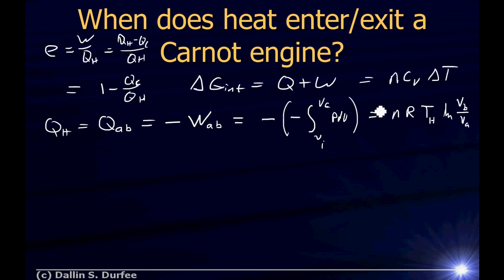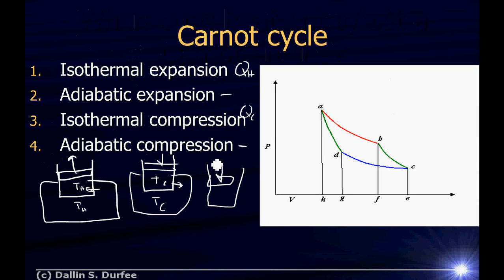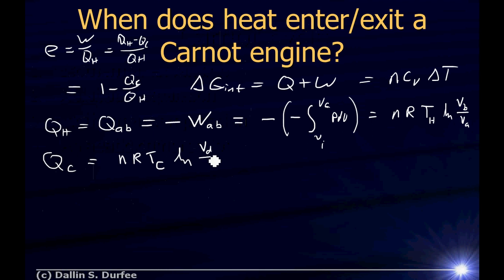Now, the heat that flows out, how do we find that? Well, it's basically the same thing. It's going to be NR, only now it's done at a temperature cold, natural log of the volumes for Q cold. We're going from C to D, right? So it's going to be volume of D divided by the volume at C. All right, so there's Q hot and Q cold. So the efficiency then is just 1 minus Q cold divided by Q hot. N and R will cancel out, and we're just left with temperature cold times the natural log of